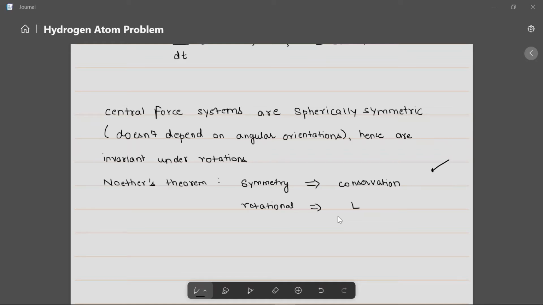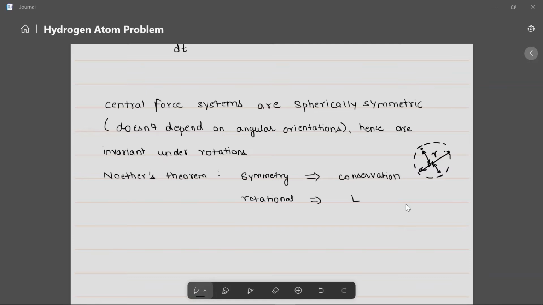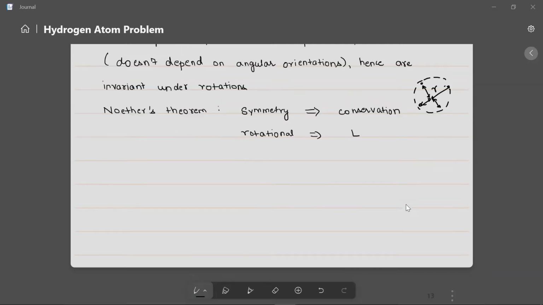What I mean is, if you have this distance r, as long as you keep the distance r fixed, no matter how you rotate, say the two particles, if one is here and the other is here, the problem still remains the same. So the problem has a spherical symmetry, and because of the symmetry, in accordance with Noether's theorem, there has to be a conserved quantity, and that conserved quantity here is angular momentum. So pertaining to our hydrogen atom problem, we have identified a symmetry because of the nature of the central force, and now we'll look at angular momentum, because conserved quantities always help in further simplification of the problem.